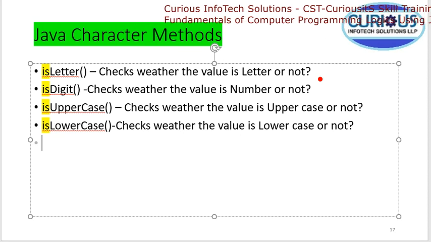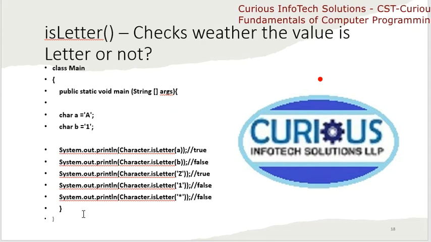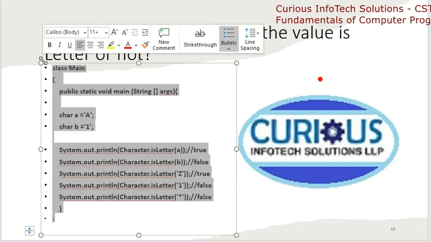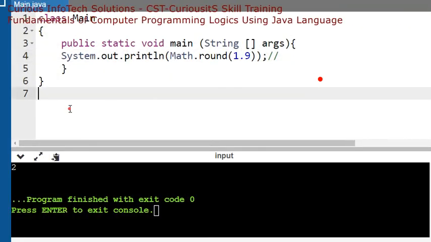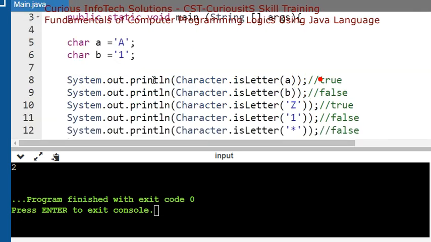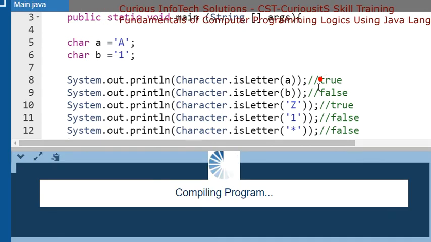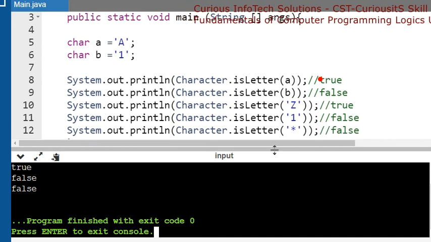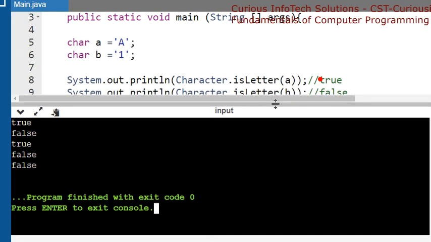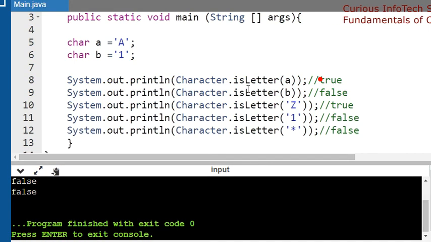एक एक करके अपन देख लेते हैं इसको। Now let I have this answer, तो यहाँ पर मैंने isLetter करके दिया है, तो इस answer को पहले अपन कॉपी करते हैं और प्रैक्टिकली देख लेते हैं जल्दी से। ठीक है, तो let I have this program, तो यहाँ पर मेरे पास प्रोग्राम है, तो यहाँ पे मैं इसे रन करके देखता हूँ। Now as I will run this program, तो isLetter का कॉन्सेप्ट है यहाँ। तो इस लेटर में A क्या है, कैपिटल A, तो भैया true मिलना चाहिए। फिर आपका क्या है, false, क्यों, क्योंकि आपका जो B है वो न्यूमरिक है, इसलिए यहाँ पर false मिलेगा।